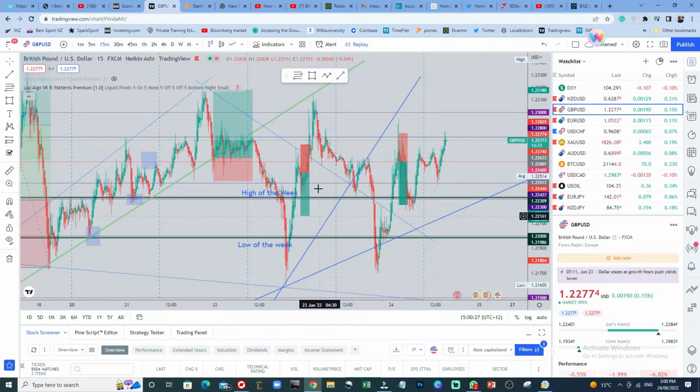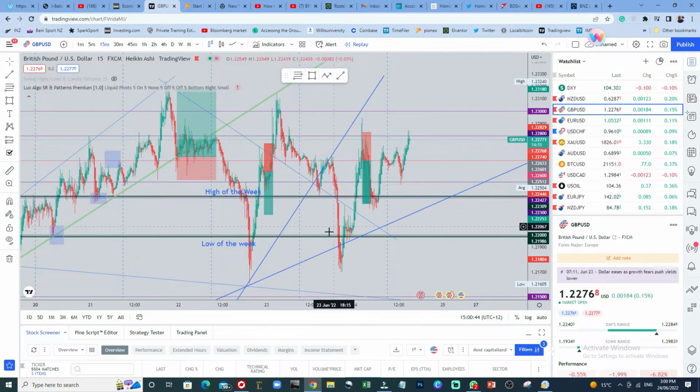You can see I entered a sell, expecting the market to at least kiss this high point of the week. But what happened? The market came down here and pushed to the upside. So actually I missed that one. I think I had some losses there. Then I allowed the market to play out, and the question is, what am I looking for? I'm looking for where